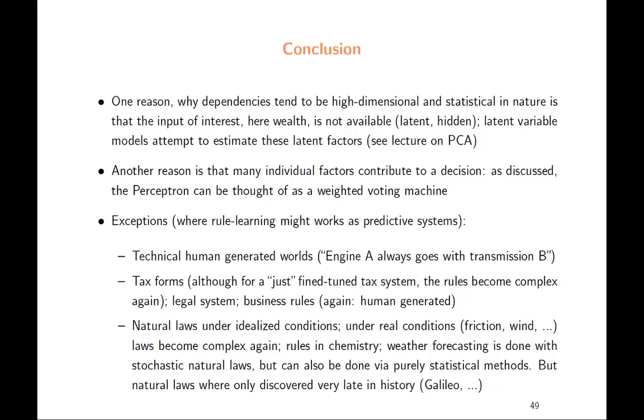So exceptions are an important problem. In technical human-generated worlds, sometimes rule-based approaches work quite well because the products were manufactured under strict rules. For example, engine A always goes with transmission B. This is very simple, can be translated into a rule, and there are no exceptions. So there it works. But